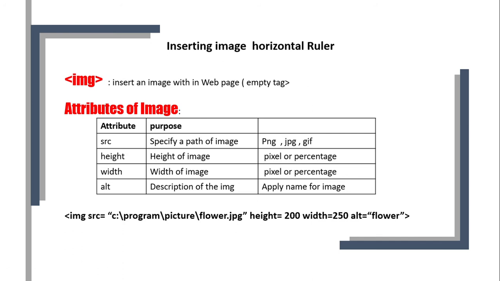That is inserting images. Whenever we create a web page, within that web page you write some information, use some codings and some tags. With those tags we can use some attributes. But suppose you want to show an image on your web page, how can we insert that image? We have a singular tag, called the empty tag, that is img. It inserts an image into a web page.